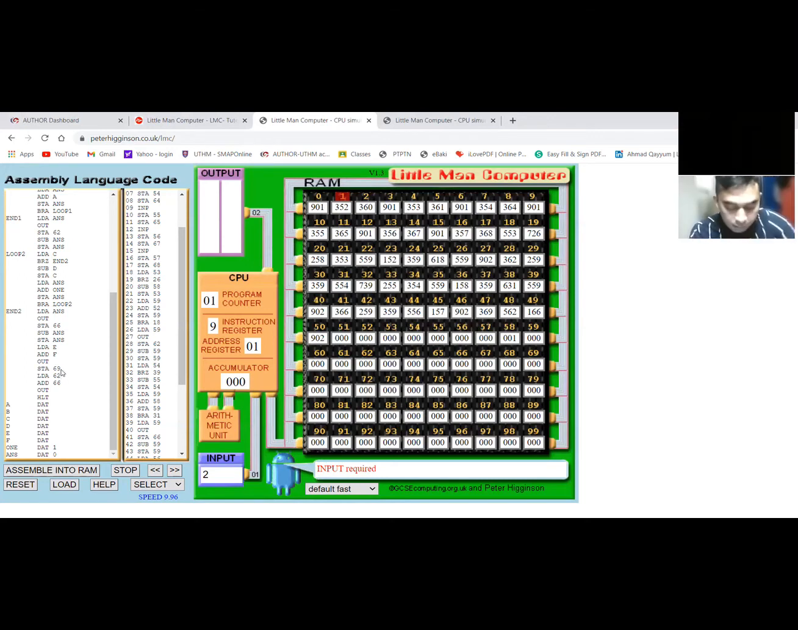STA99 we put the output answer for equation EF, and our LDA62 is the output AB, and for the STA66 we put the answer CD,